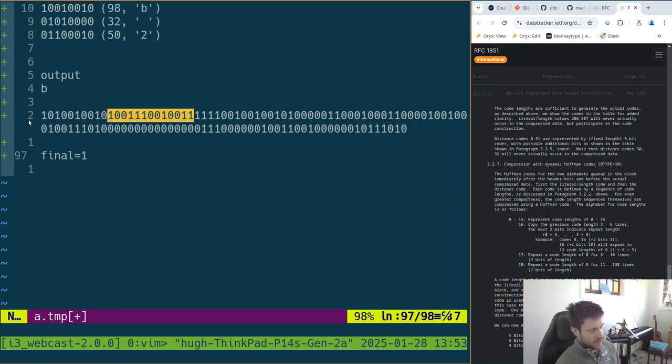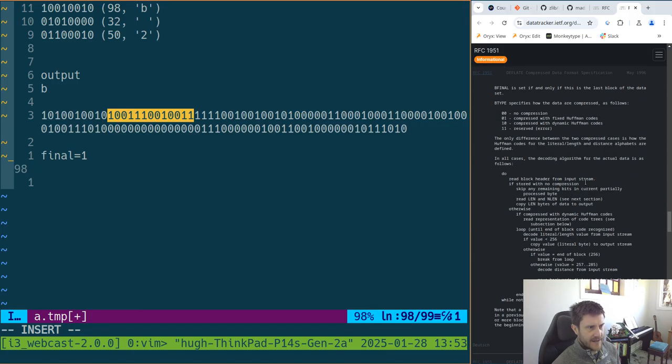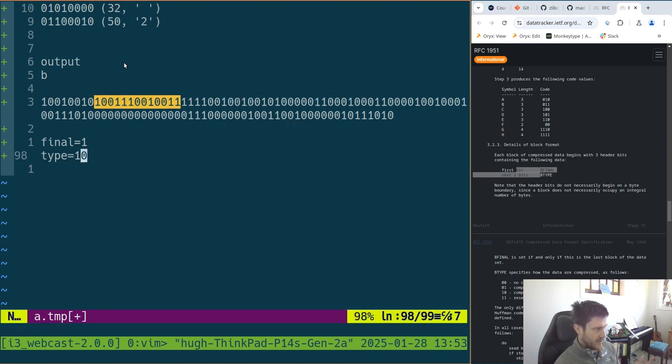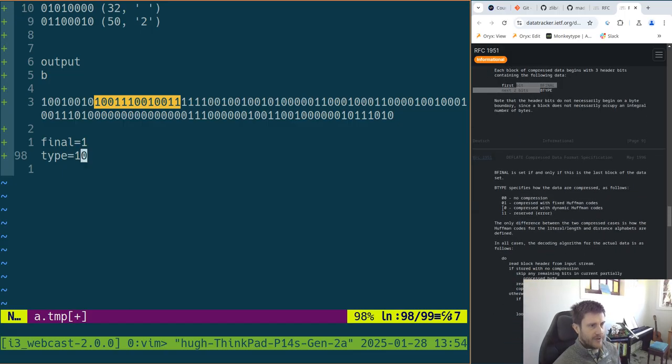Things will shift in this line here, which is what I want. Where does it say the block format? The next 2 bytes are the type, so we can get that. I can go 2 at B, and I'll get 2 bytes. And the order that comes in is, oh, that's